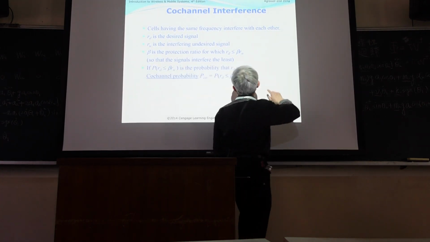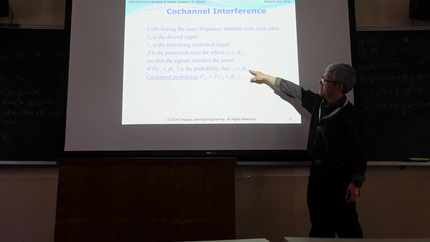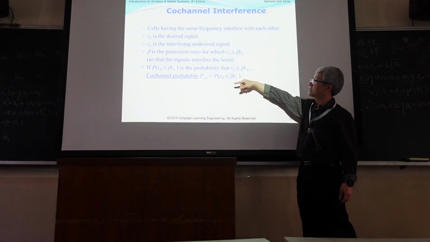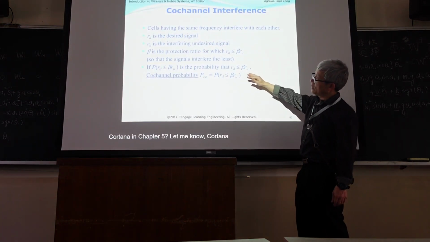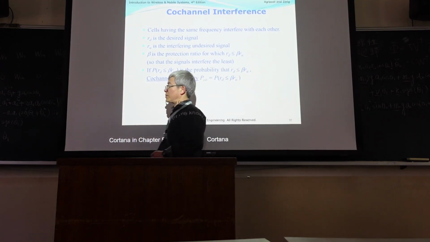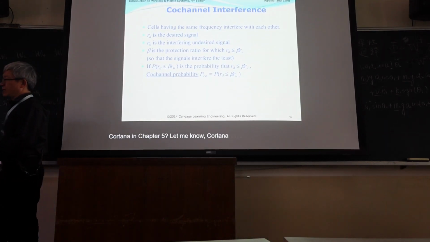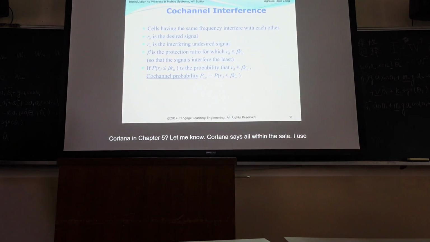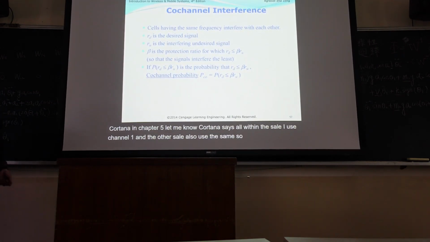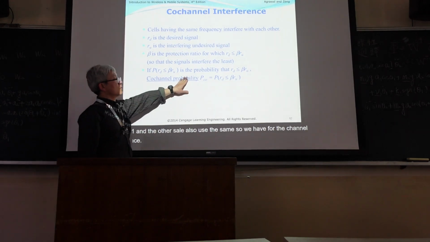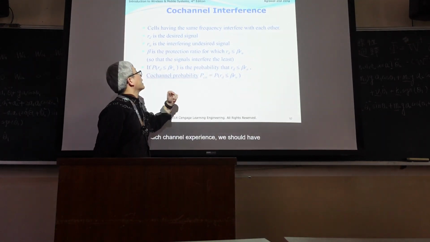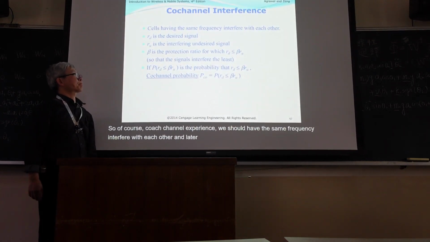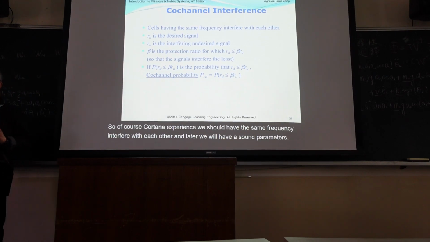If we specify some desired ratio, and it is still low, then this is the cochannel mobility. Why the term cochannel mobility? I don't have any idea, but it doesn't matter. You don't care about the name, you just care about the corresponding probability. And then we can find, for example, for the company,